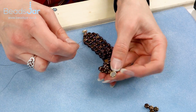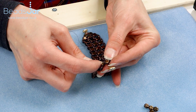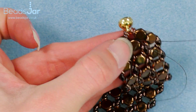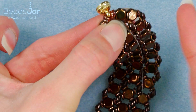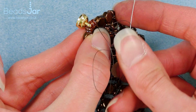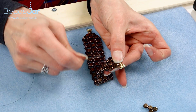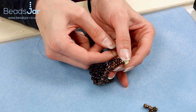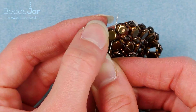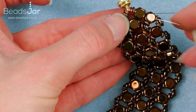and I'm going to tie my end off. In order to do that, I'm going to take my needle between these 2 beads, and you'll see a loop form in the thread. So I'm just bringing that down. So we've got our loop, and I'm going to take my needle back through that loop and pull really tight on the cord. And then I'm going to go through the bead next to it, so next to the knot, and pull that through as well,